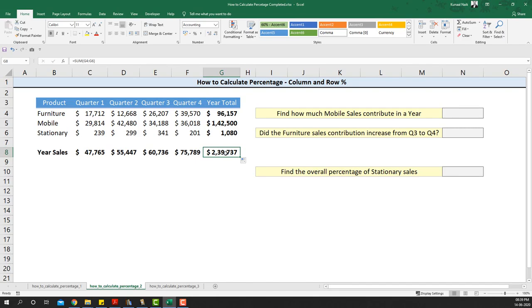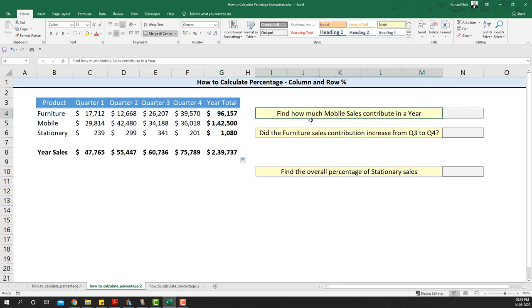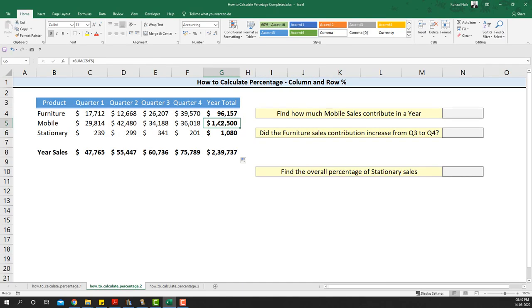Now let's look at some of the questions we're going to answer on how to calculate the column or the row percentages. The first question is: find out how much mobile sales contribute in a year. We take the mobile sales and find its contribution in the entire year.